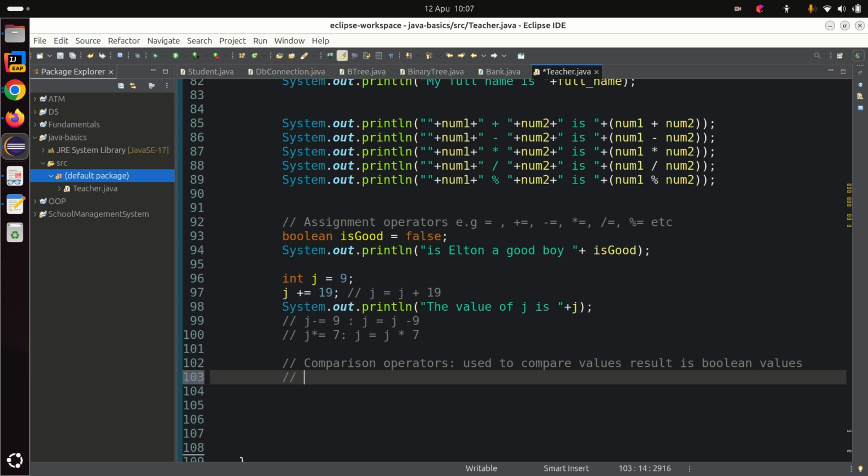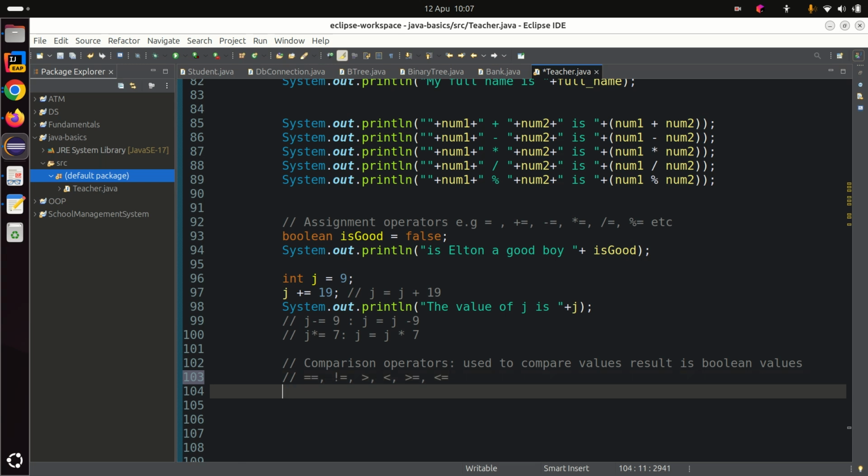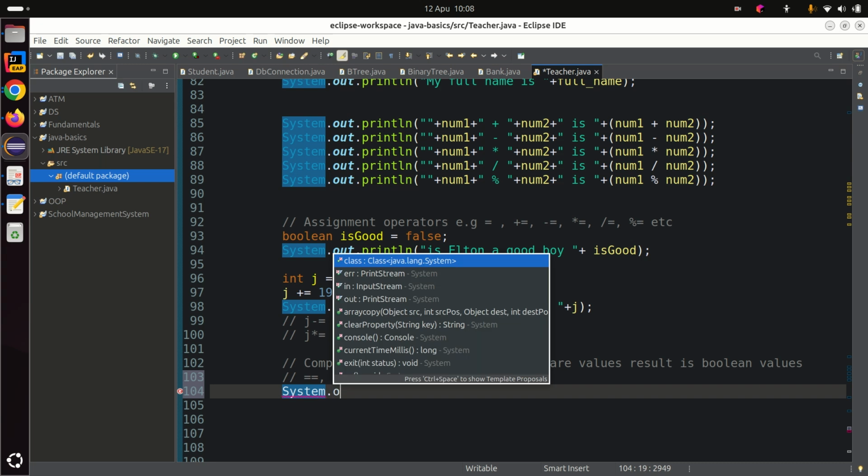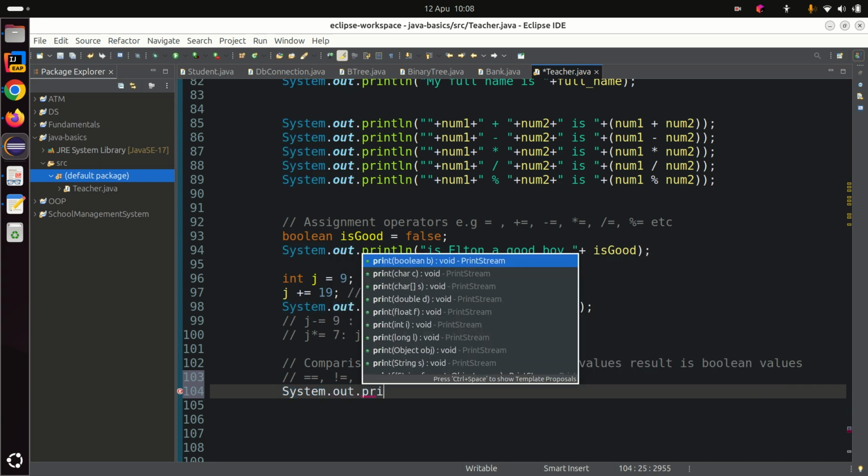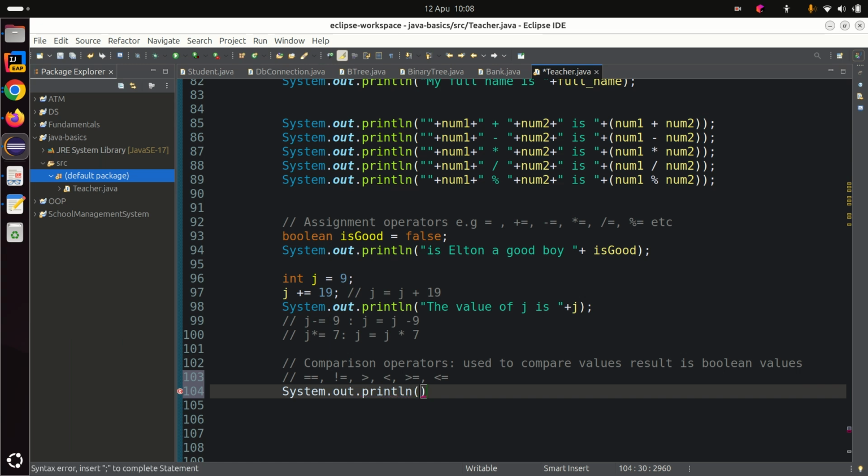So examples, you have the equality operator, the one that tries to compare two values to see if they are equal. We have not equal to, we have greater than, we have less than, we have less or equal, etc. Okay, now we can do just simple examples to demonstrate this. So we can say System.out.println, and since we have